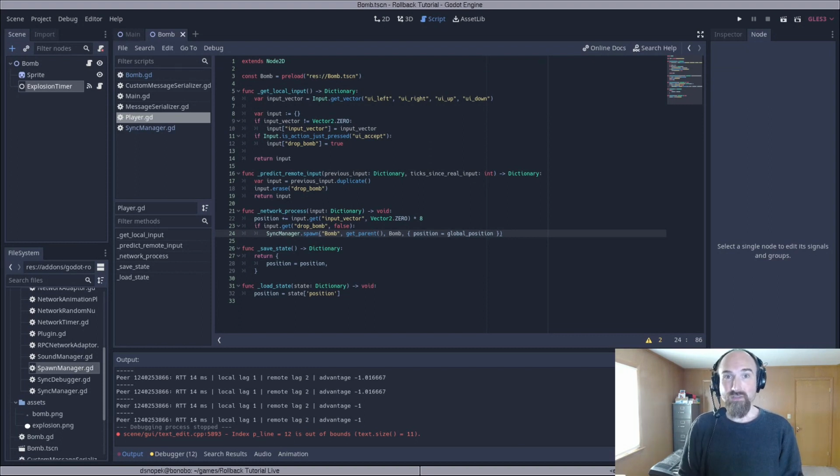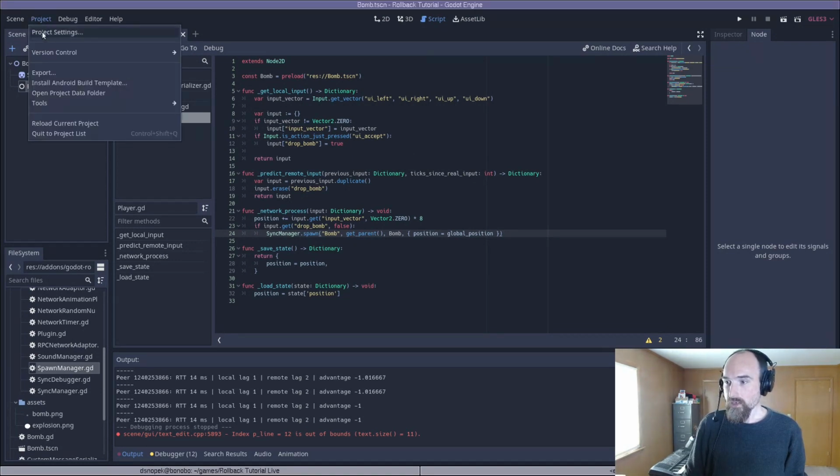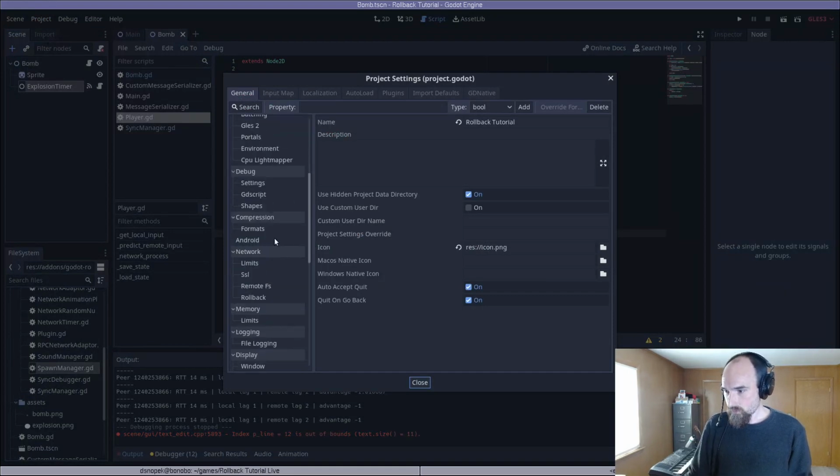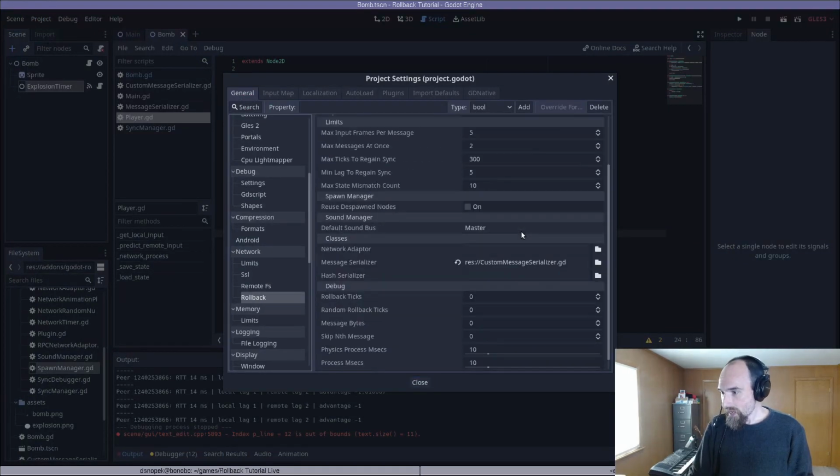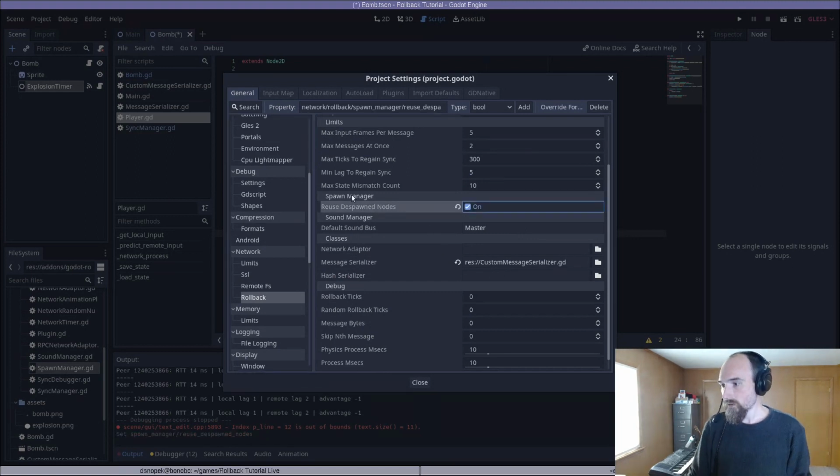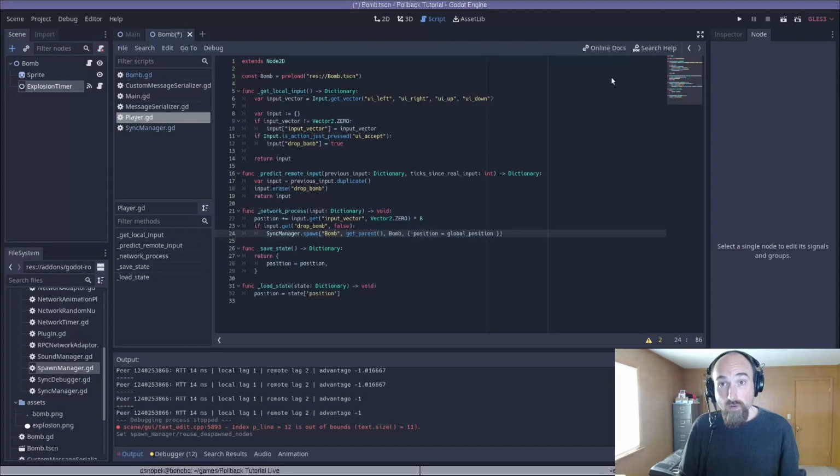However, enabling this feature means that you, as a developer, will have to do a bunch of extra work. So I wouldn't recommend enabling this until you start having performance issues. But here is how you do that. Go to Project, Project Settings, scroll down to Network Rollback, and check the Reuse Despawned Nodes under the Spawn Manager section. Where the extra work comes in is that you need to implement a new virtual method, network despawn, on